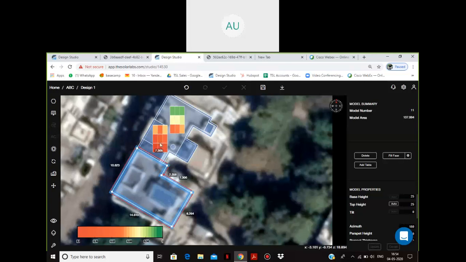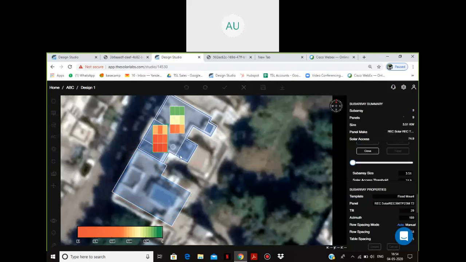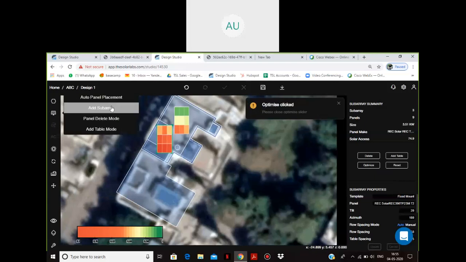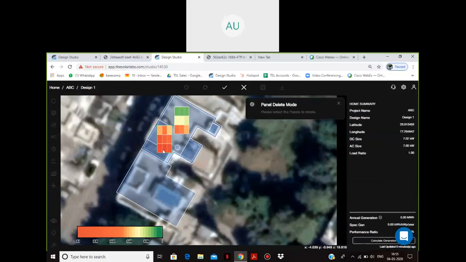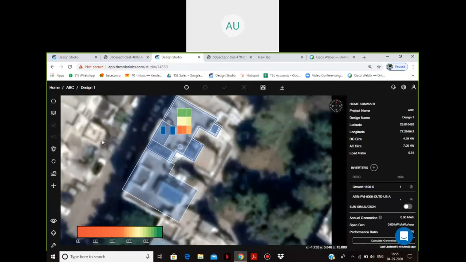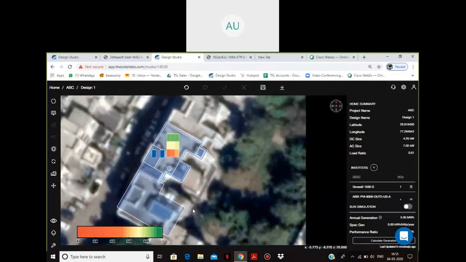So this can also be realized, and similarly I can go to the optimize function over here and then optimize my system. Or if I can see the color code, and if I am sure that I don't want to keep any panels over here, then I'll simply go to my panel mode and take the panel delete mode, click on all the panels which I want to delete and just click on take over here, and all the panels which I don't want in my design because of the shading will be gone. So here is how you can realize the effect of a particular taller obstacle in the vicinity of your roof.